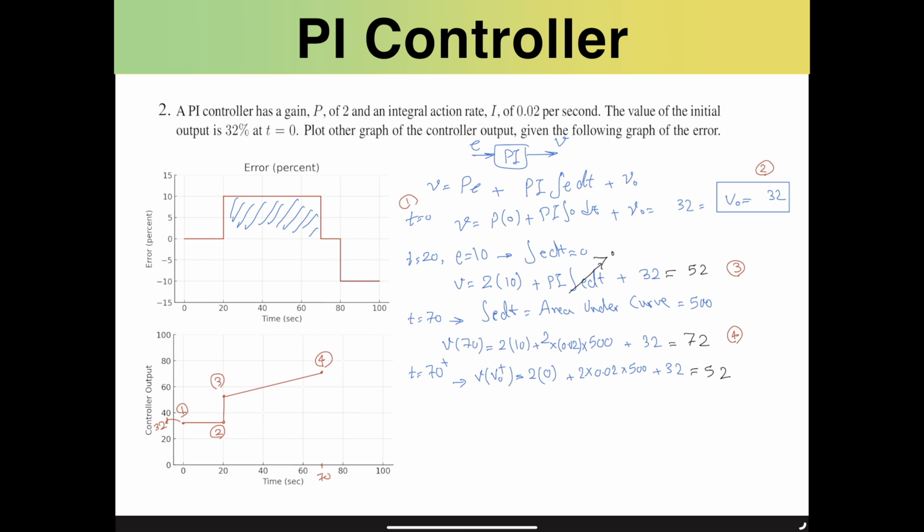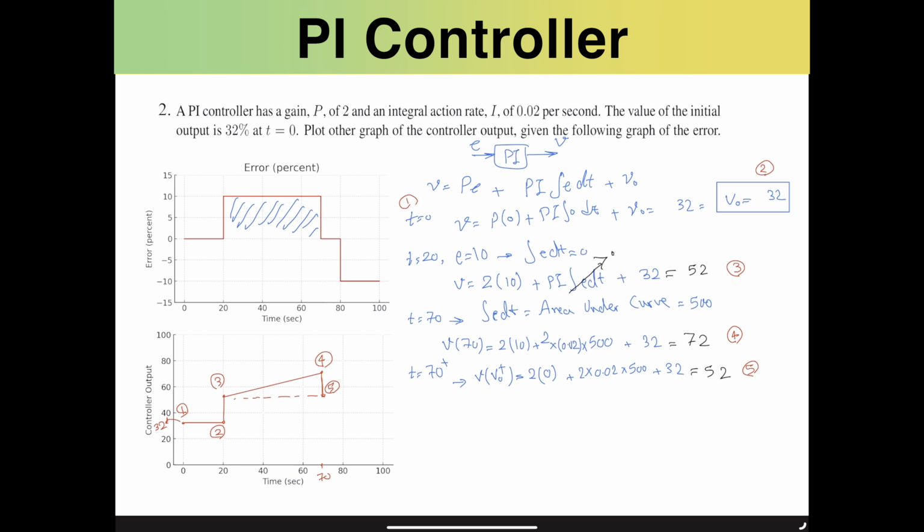So it means that we're gonna have again another jump from 72 down to 52. So 52 is roughly again here. So it's going to be like this, which is our 5th point. Now moving forward up to 80, but